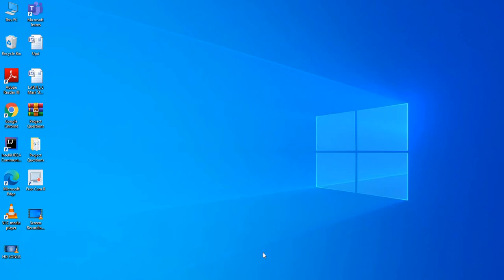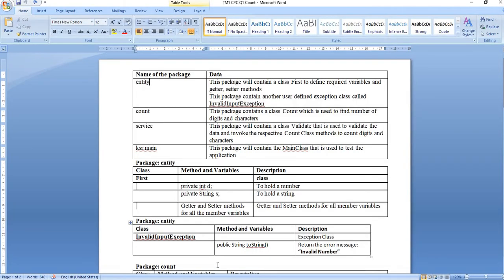Hi, now we are going to discuss how to develop the Java project through the Eclipse, Part 2. In the previous one, that is in part 1, we have discussed how to develop a simple Java project through the Eclipse IDE. Now we are going to discuss somewhat a bigger project when compared to the previous one. So how to develop those projects using the same Eclipse IDE. So let us get into the project scenario.